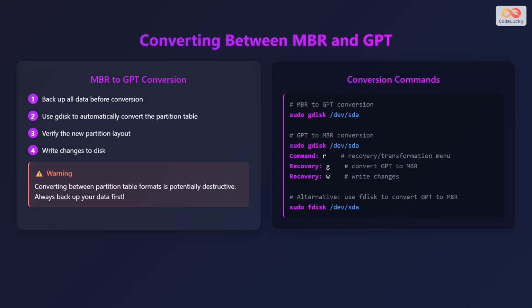It is important to note that converting between partition table formats is potentially destructive. Always back up your data first. Here are some conversion commands. To convert from MBR to GPT, use the command sudo gdisk